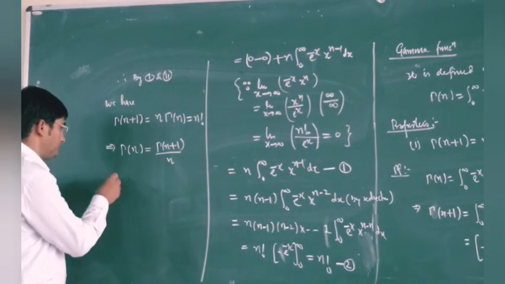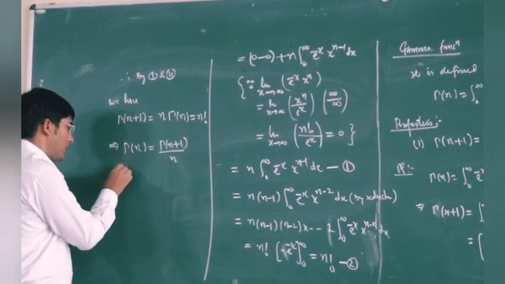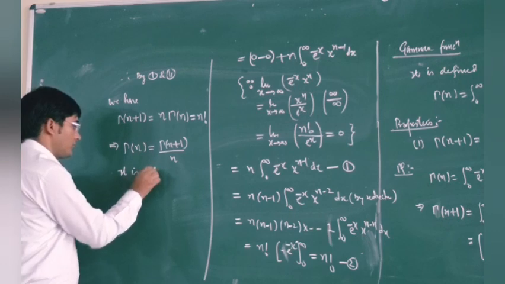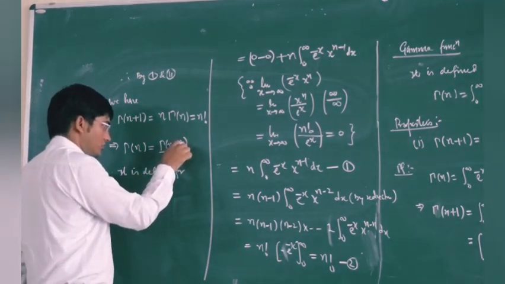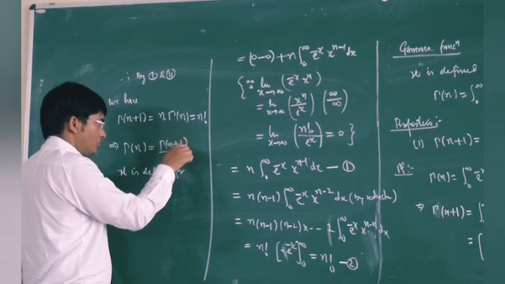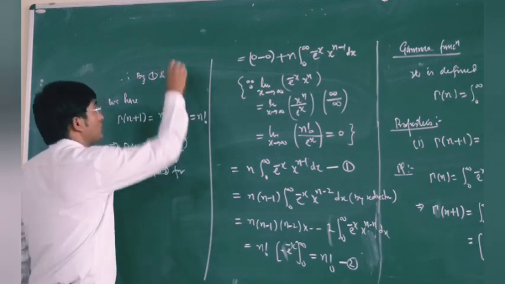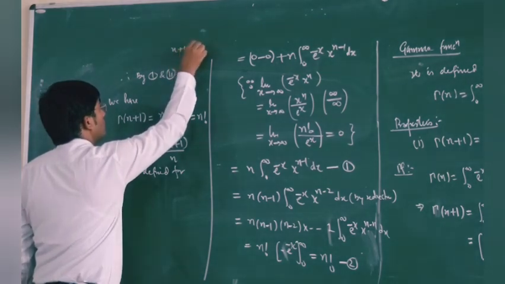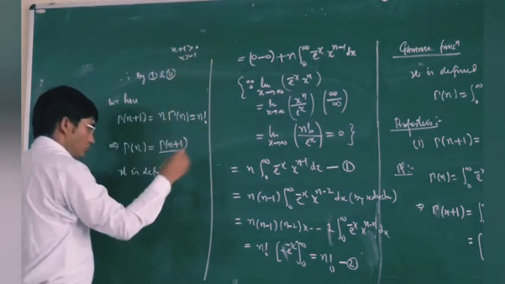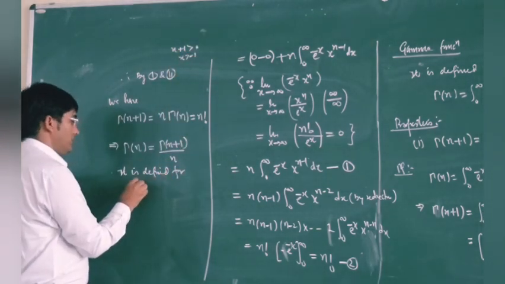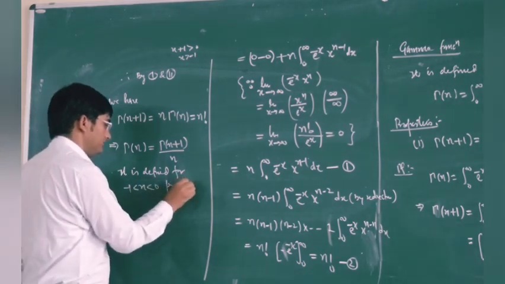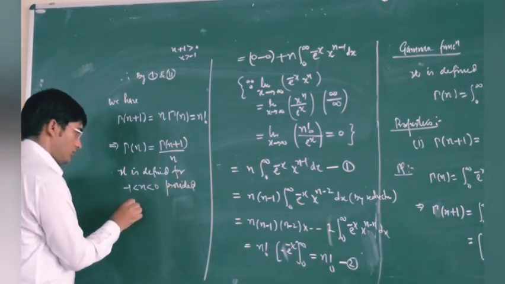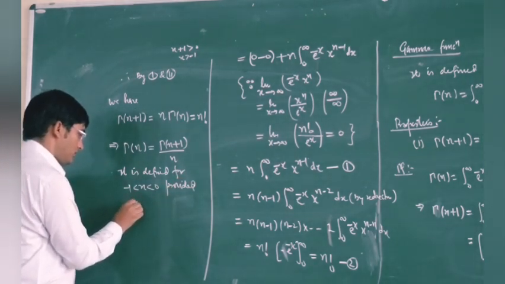So if it is defined, this has to be greater than 0. So n plus 1 has to be greater than 0, so your n is greater than -1. So it is defined for n greater than -1 and n less than 0, provided that